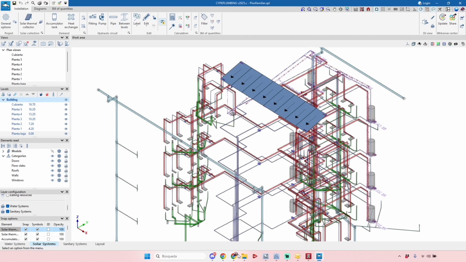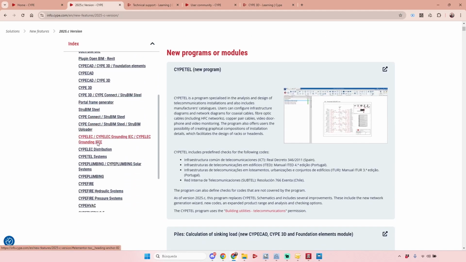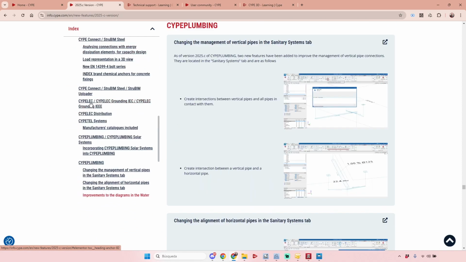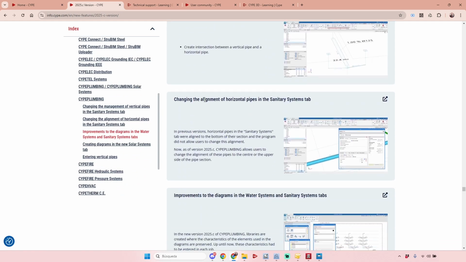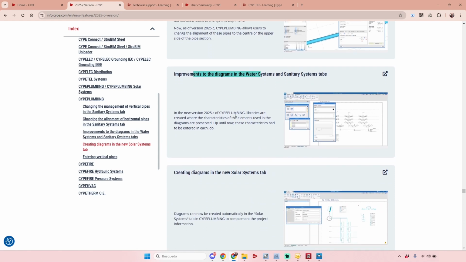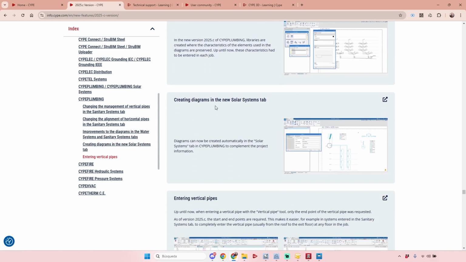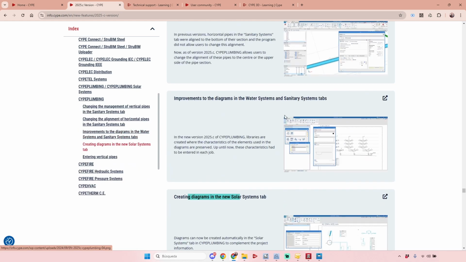Okay, in the next weeks we will have a special seminar just to show the new features of CYPE plumbing, because we have a list of them here. Let me open here CYPE plumbing. So changing the management of vertical pipes in the sanitary systems tab, the alignment of horizontal pipes, some improvements related to the diagrams. Now it's possible to create the solar systems diagrams using this new tab. Okay, so we'll have a seminar specific to show these changes and see how you can import your projects from